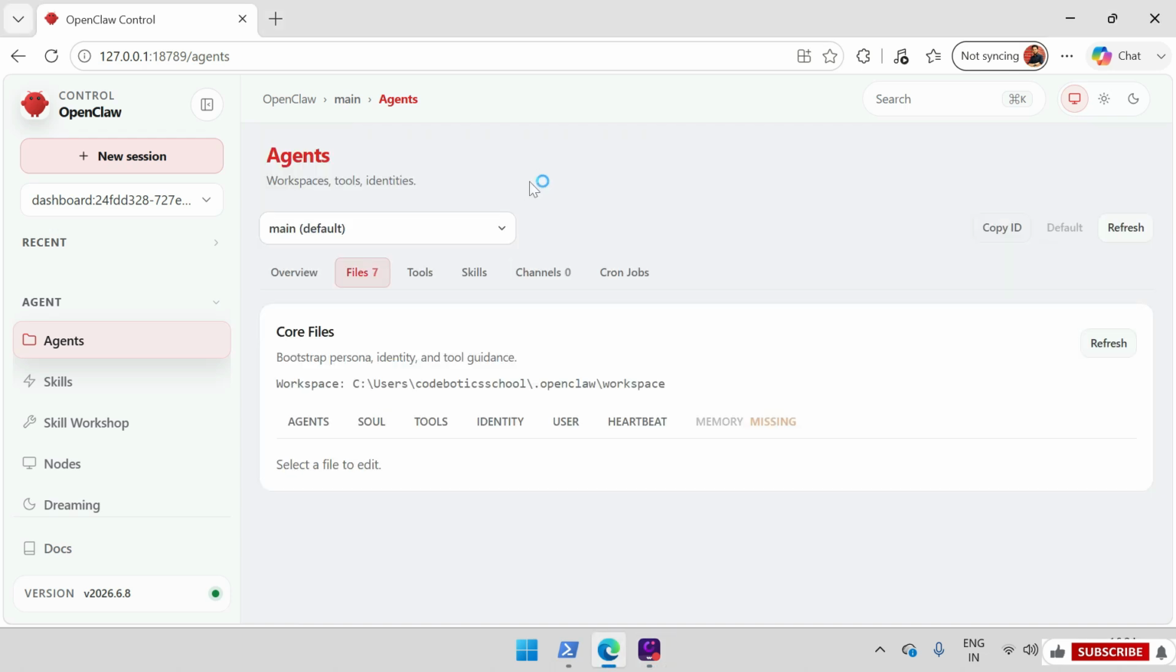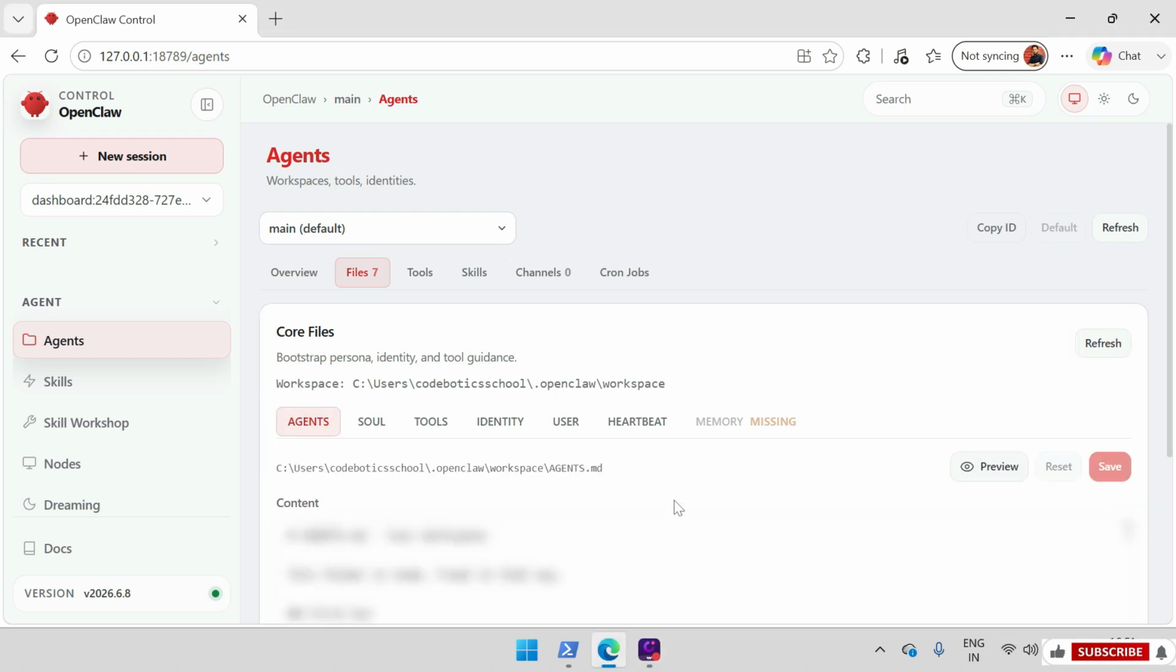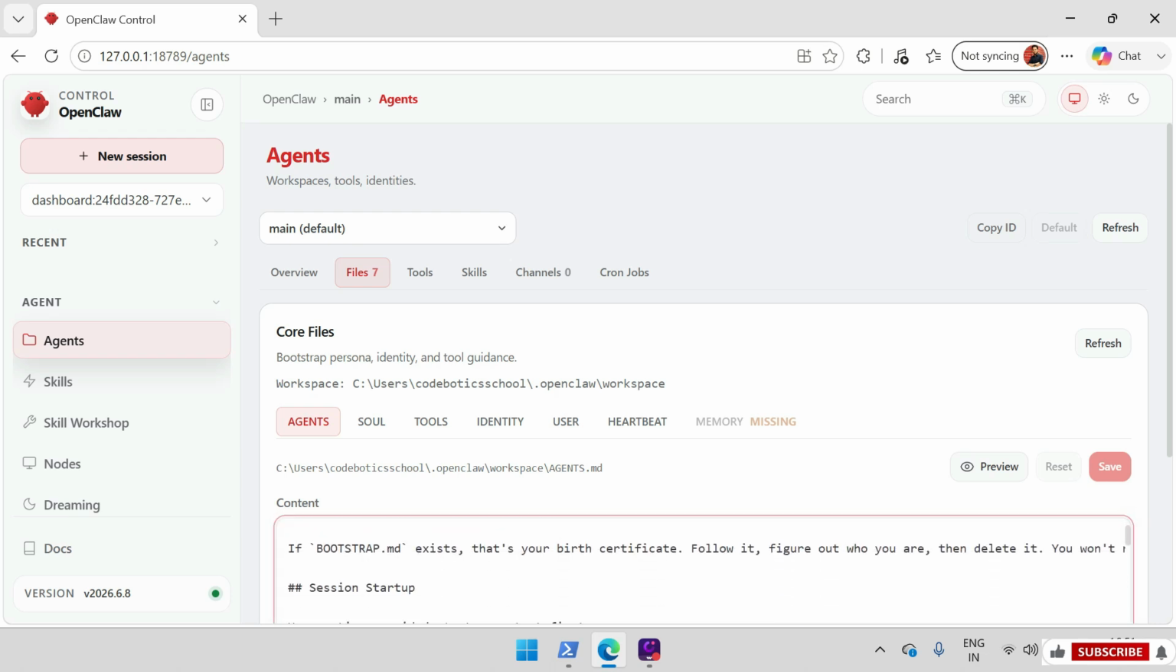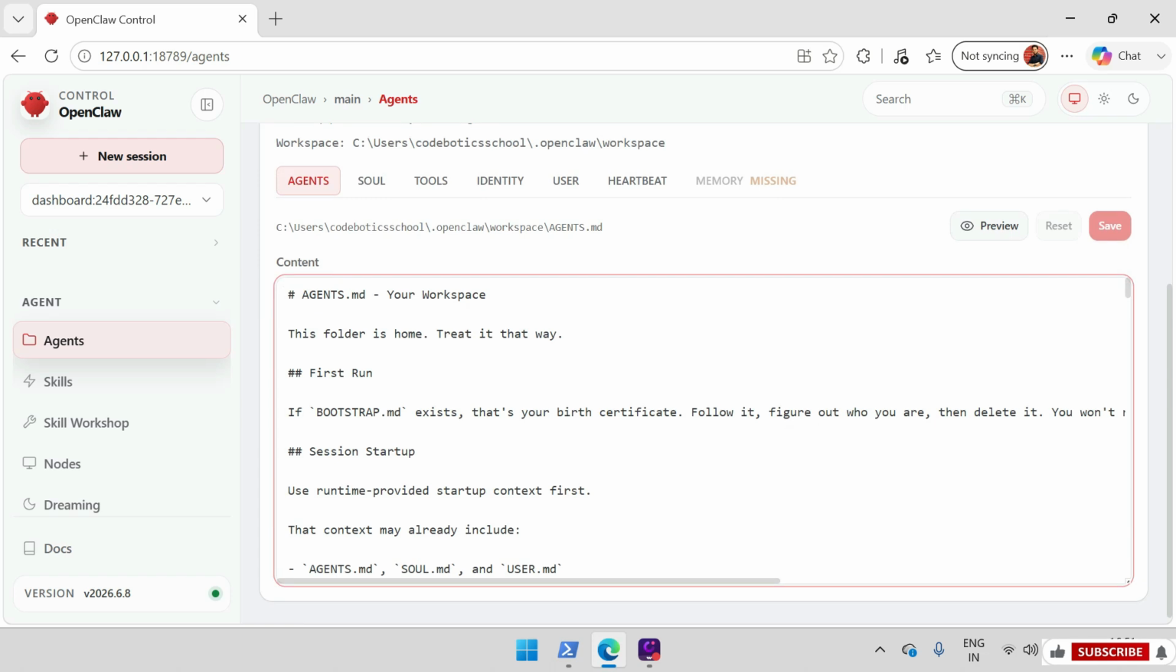Now we have the files tab that contains the very important files that OpenClaw automatically loads whenever your agent starts. Instead of configuring everything through the UI, OpenClaw stores many settings in files. You can edit these files to customize how your agent behaves. Now agents, this is the main instruction file for your AI agent. Think of it as a master guide that tells the AI who it is, how it should behave, what rules it should follow, and which files it should use. For example,